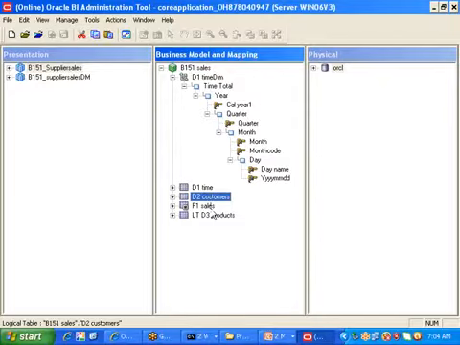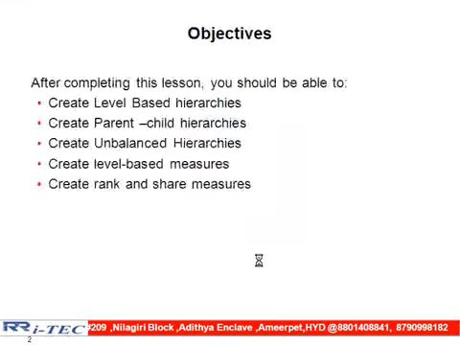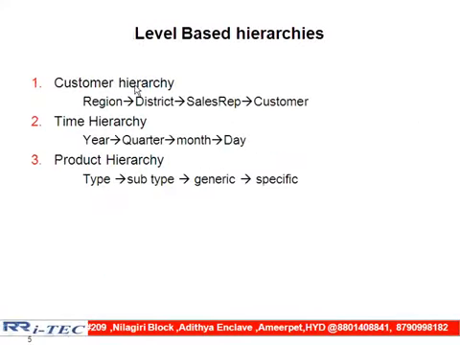Once these two things are completed, then we'll go for the remaining steps. You need to help me in creating the customer hierarchy. Yesterday you had a chance to see how I created the time hierarchy. Now you guide me and I will do the work. My requirement is very clear. How many levels does the customer hierarchy contain? I have some levels: one is region, followed by district, followed by sales representative, followed by customer. With these 4 levels, we need to create one hierarchy called the customer hierarchy.